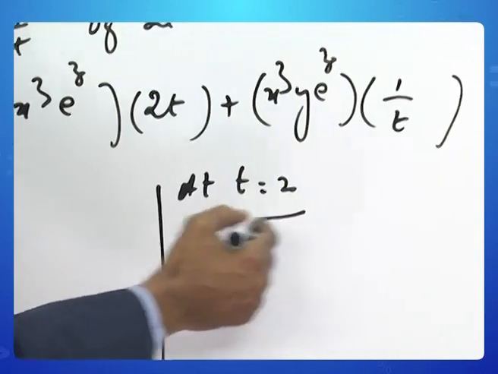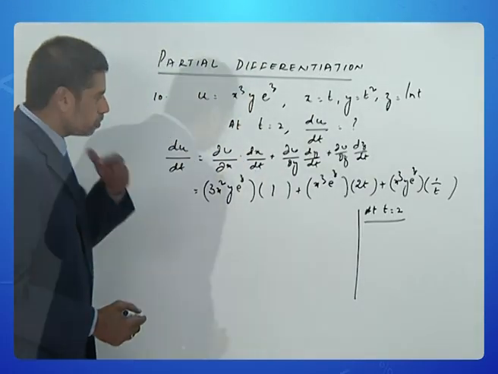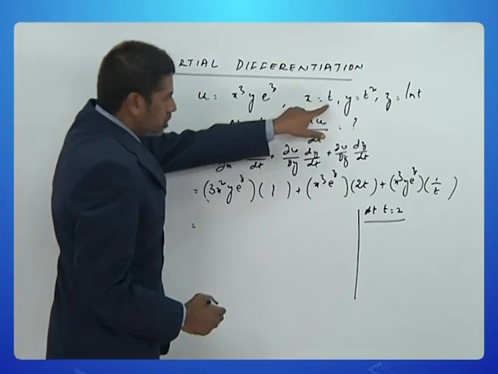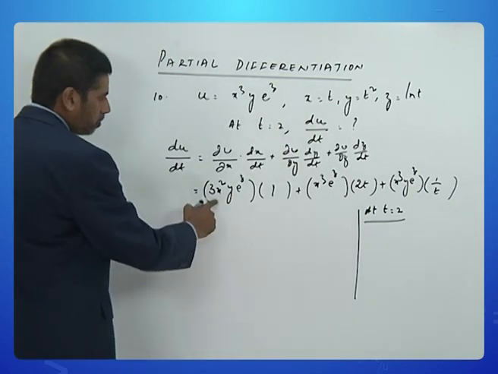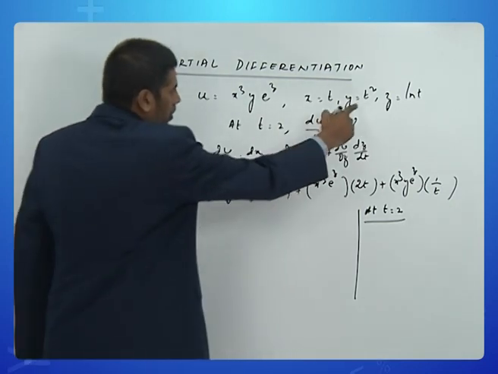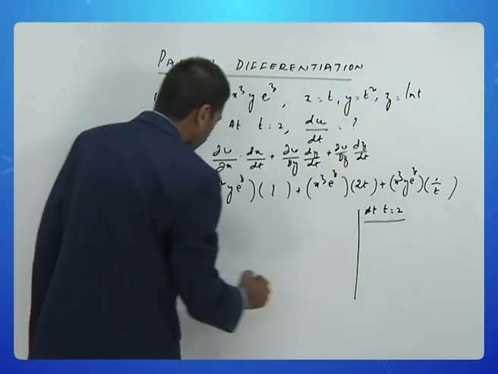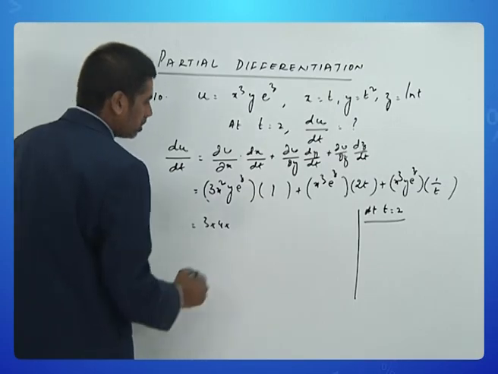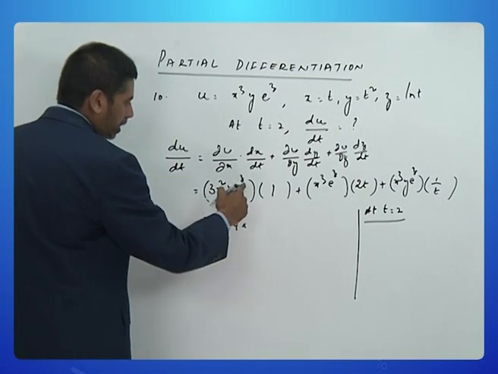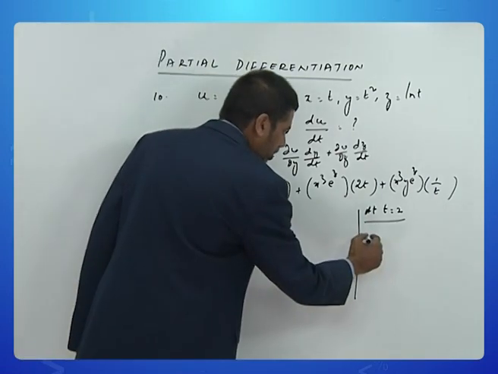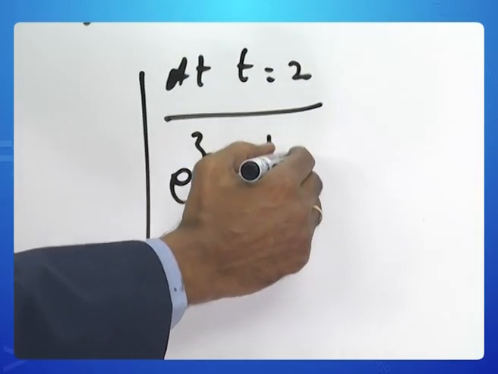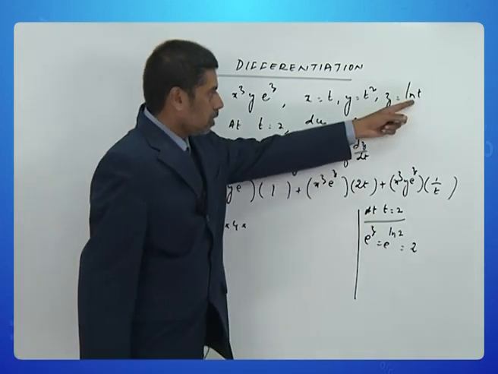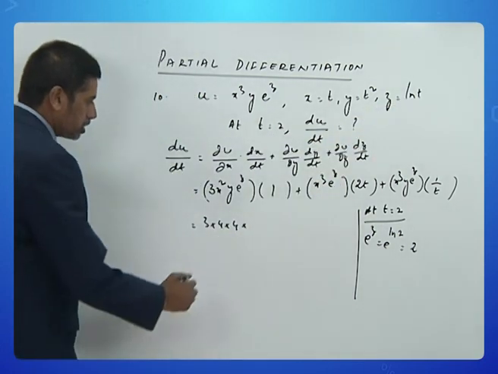do some side calculations. At t is equal to 2, we will have 3 into x square. X square is t squared. So therefore 3 into 4 is 12, 12 into t squared. So you can actually see 3 into 4 into y is t squared, so that becomes 4, and e power z. E power z is nothing but e power log 2, that is nothing but 2. That is because z is equal to log t and t is equal to 2. So e power z is 2